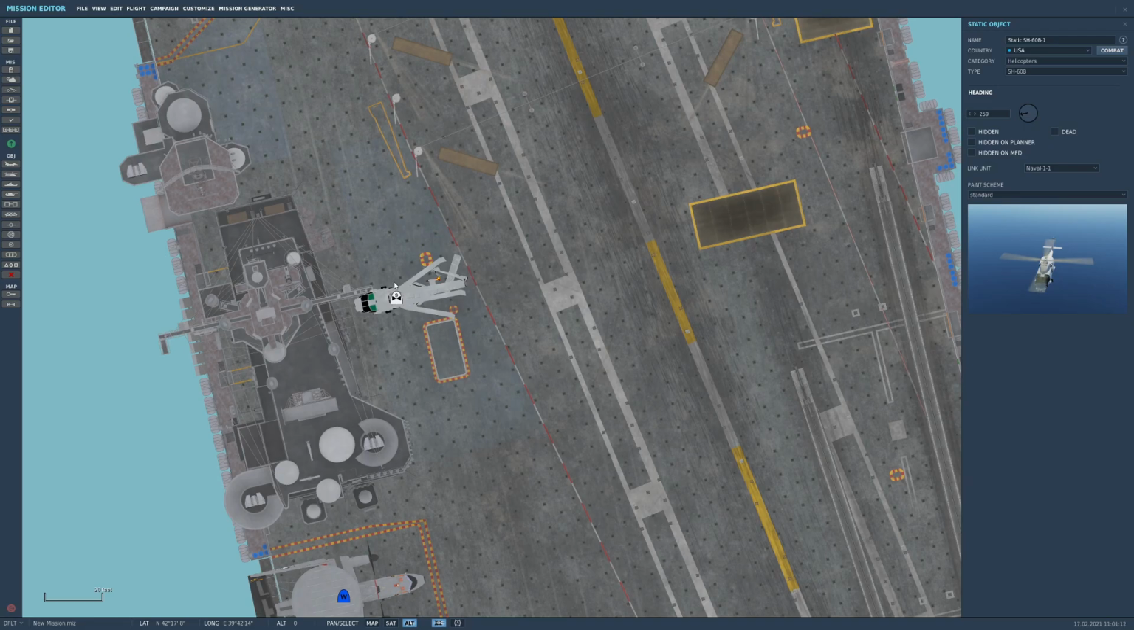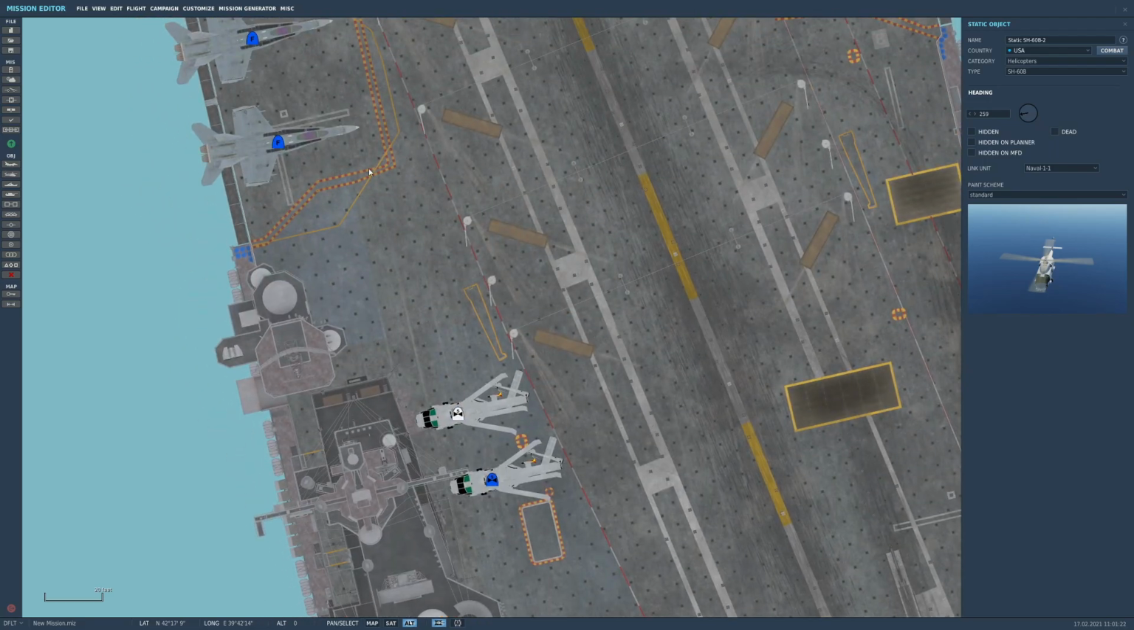Let's just go with that, right? Let's just say that works. Copy, paste. I'll put two of them here for good measure. Looks pretty cool as well. Next thing we want to put down is